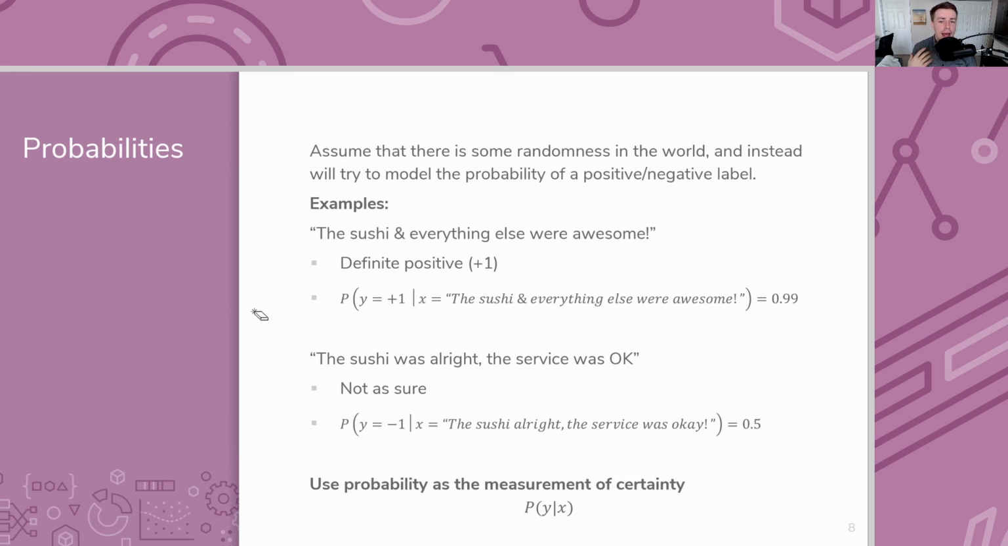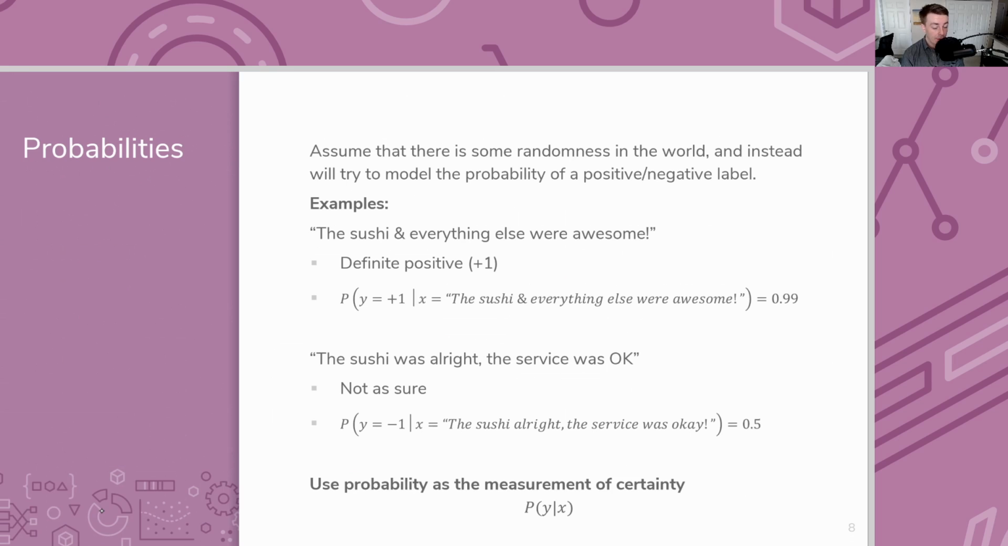Okay. Now, what we'll do is, for an example, like the sushi and everything else were awesome, we're going to think that that's very likely to be a positive review. And so we might want to output that the probability that it's a positive review is something very high. Now, as a reminder, if you haven't seen this before, we're going to be thinking about this notation that we call